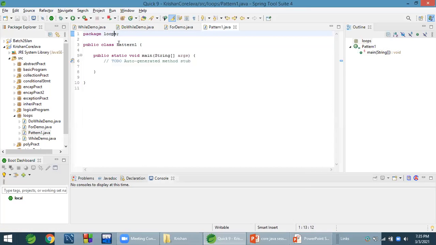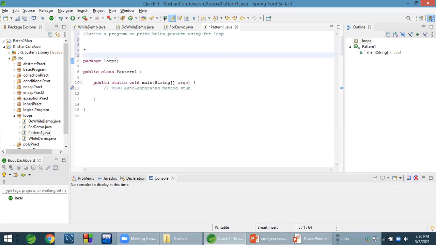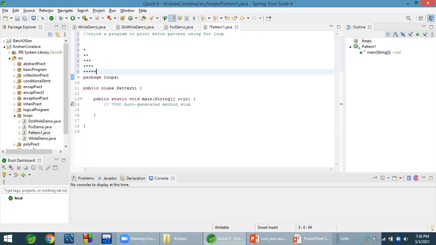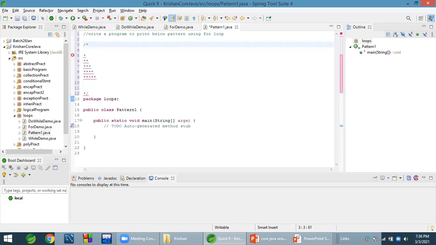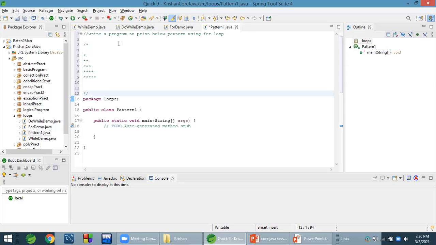The program is to print the below pattern. Write a program to print the below pattern. The pattern is one star, two stars, three stars, four stars, five stars. This is the pattern we need to print.